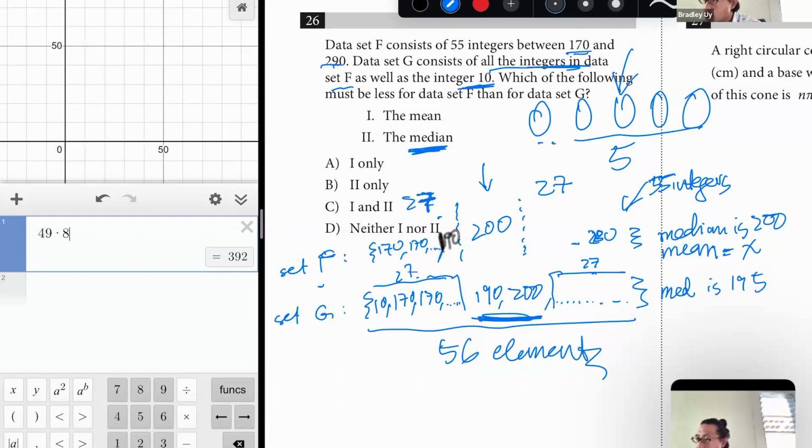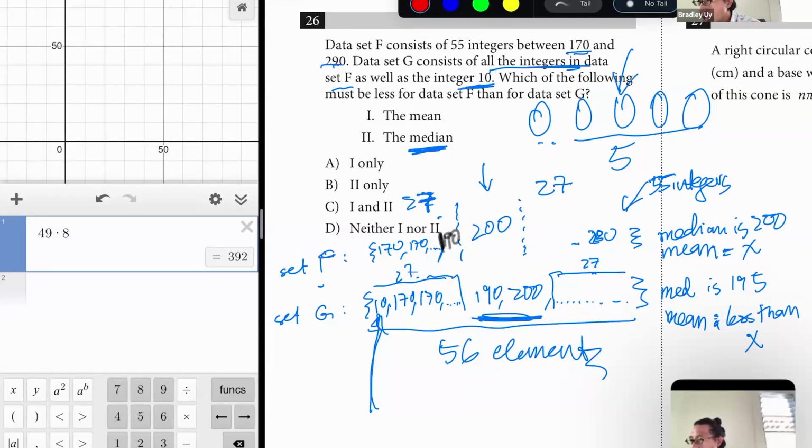Please notice the median of G is lower. Okay. The mean of set G will also be less than x. The mean for this, it will be less than x. It must be. Why? Because there's this number 10, which brings down the total average. It's like you scoring 170 points on 170 to 280 points, and you scored exactly the same as set F, but you also had a dud of a game where you had the 10, and that's going to bring your entire average down. Okay? Now all they're asking is to compare